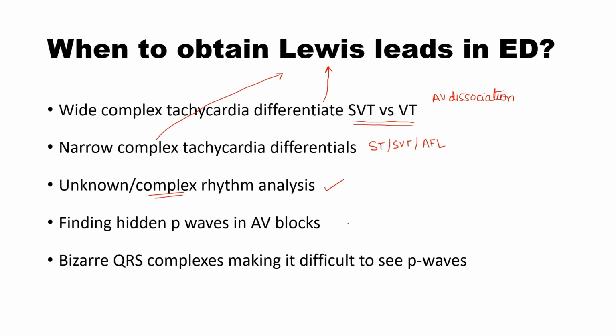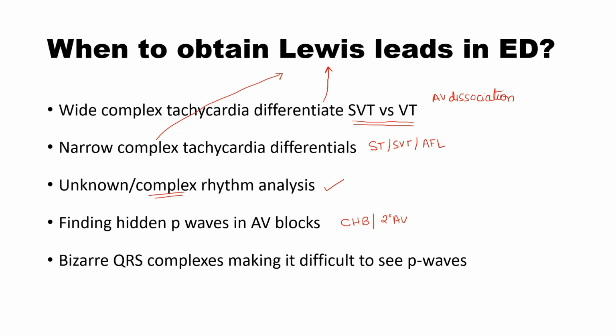It is not only about the tachydysrhythmias, but sometimes the bradydysrhythmias can be equally challenging. It may be difficult to differentiate between complete heart block and second degree AV block, which is of high grade, because some of the P waves may be hidden behind the QRS complexes or the T waves, and hence may not be apparent on a standard 12 lead ECG. Again, what to do? Obtain a Lewis lead to see further, to look at all the atrial activity.